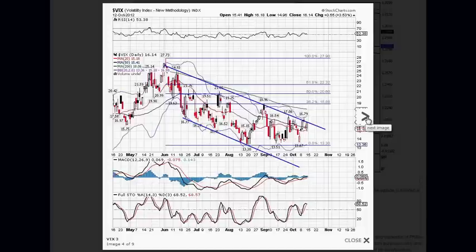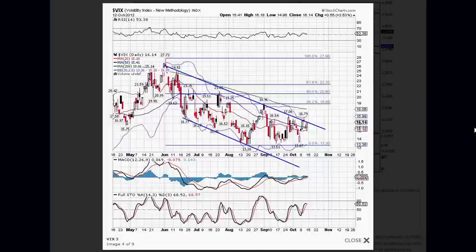This is a chart of the volatility index, VIX, which is inversely correlated to the S&P. So further selling in the S&P initiated a spike in the volatility index. Currently the price action is retesting this falling resistance line, and it's been channeling in this range for quite some time. So the resistance on the upside is clearly located just above this falling resistance line